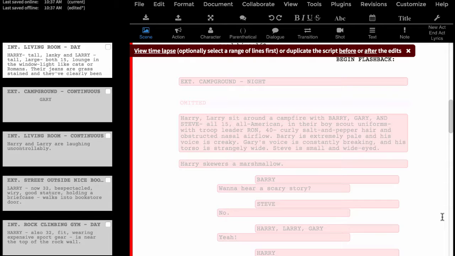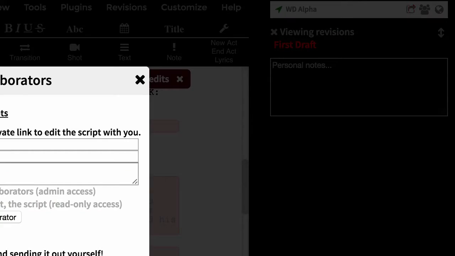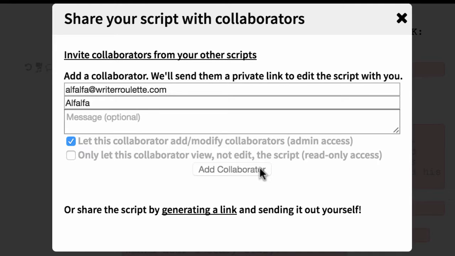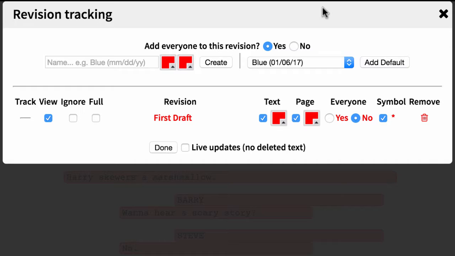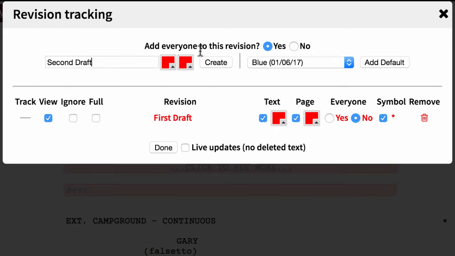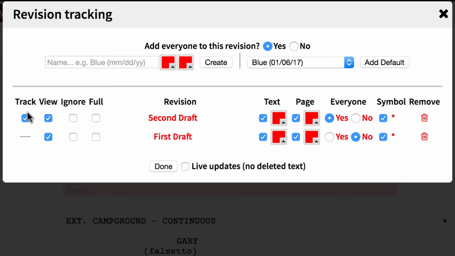It's time to pull in a collaborator. Alfalfa is a great writer, but a violent editor. So I'm going to save a second draft before we start making changes. This time, I'll do it the slow way so that you can see the alternative. I'll never deselect track on this revision so that it will show all changes from this point in red, just